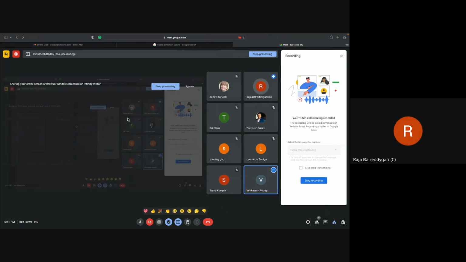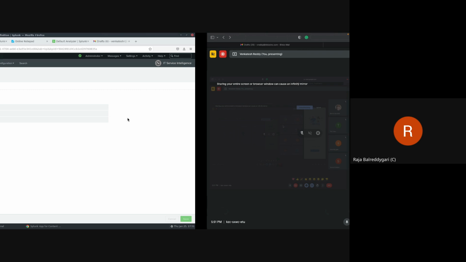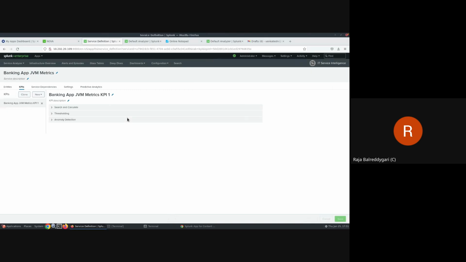So Venkat, one question. There was one example you had with service and KPI also, right? In the Lucid chart. And the host was the entity, right? Yes. So even that one also came here, because those services were built based on the service templates.